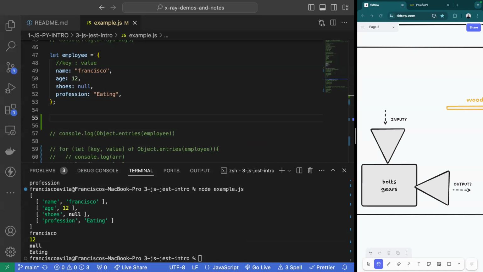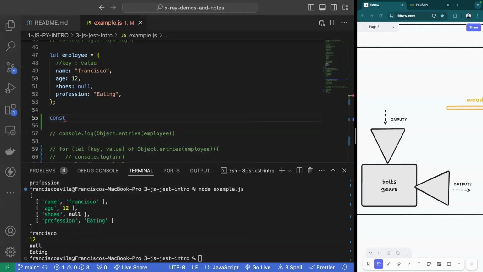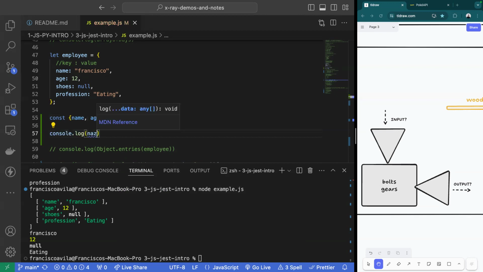Well, in order to fix that, I can grab the attributes that I need. So I can say const, and let's say I only need my name and age out of my employee. I can say, well, all I want is my name and the age out of employee. And I can make that equal to the employee object itself. Well, now when I go to console.log name,